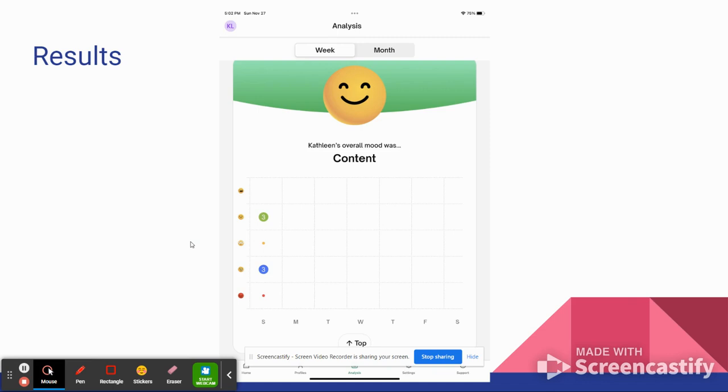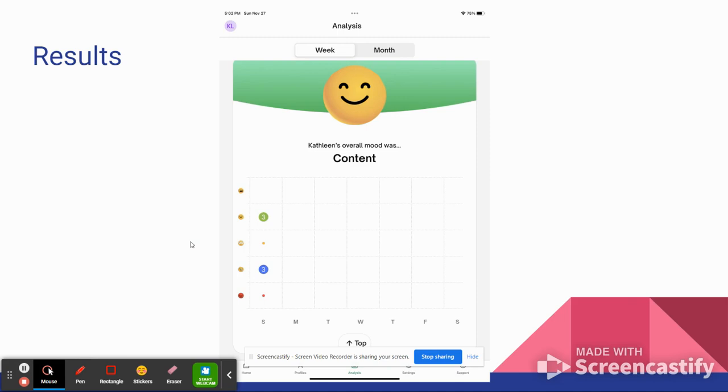I went in and filled in a couple more spaces. I hadn't been using this app for many days because I just did it as an example, but as you can see, it says Sunday, Monday, Tuesday, Wednesday. If I did have more information, it would be tracking it and showing, when did she feel sad? When did she feel anxious? I ended up putting it 3 times for Sunday, but let's say that was spread out over Monday, Tuesday, Wednesday, Thursday, it would just show up as, one day, Monday, anxious, Tuesday, sad, and it really tracks that information.